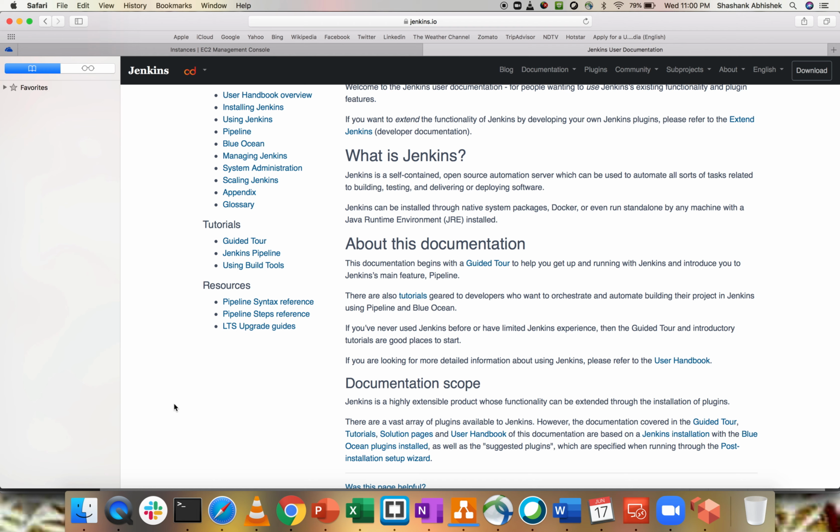Again guys, Jenkins in general term is considered as a CI tool, continuous integration tool. And what does continuous integration mean? It's a development practice that requires developers to integrate their code into a shared repo at regular interval. This concept was created just to remove the problems of finding occurrence of issues in building lifecycle stages.